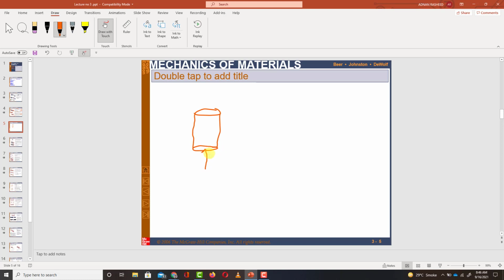Whenever there is axial loading P, we assume that the stress is distributing in the material. This distribution will be maximum in the vicinity of the load and minimum at the end. But as the load is axial, we take the average normal stress, which we simply write as P over A.